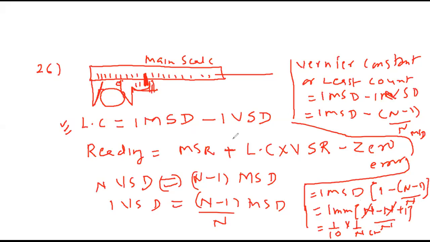Yes, sir. So first you have followed the meaning of the sum. Okay, please try it. Sir, could you explain main scale reading and vernier scale reading? First copy, I'm explaining. Copy it. Then I'm explaining once you have completed.